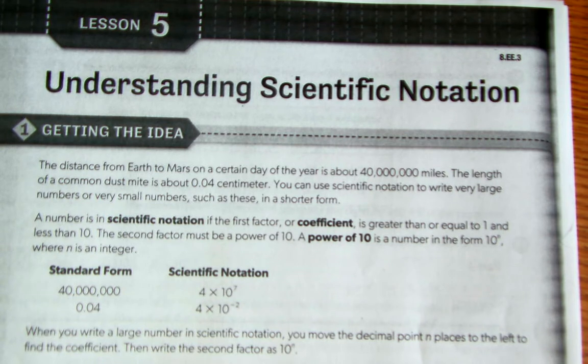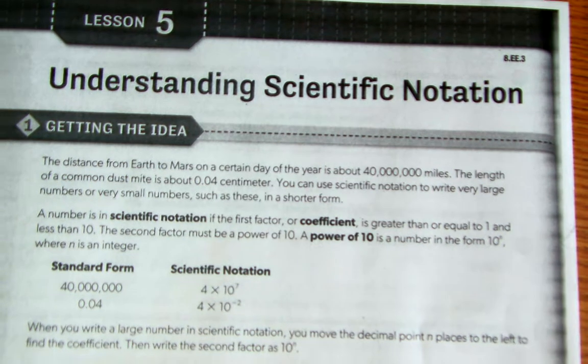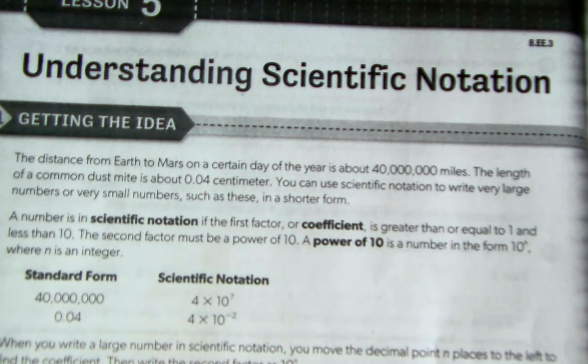Take a second to make sure you have this page at the front of your packet and read along with me. The distance from Earth to Mars on a certain day of the year is about 40 million miles. The length of a common dust mite is 400 centimeters. You can use scientific notation to write very large numbers or very small numbers such as these in a shorter form. A number is in scientific notation